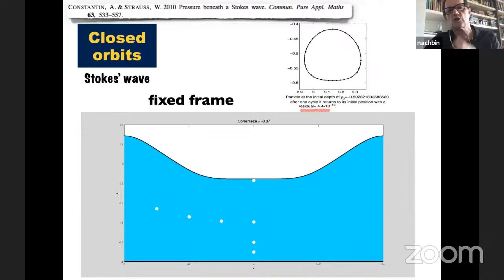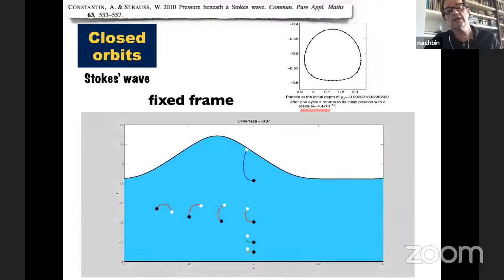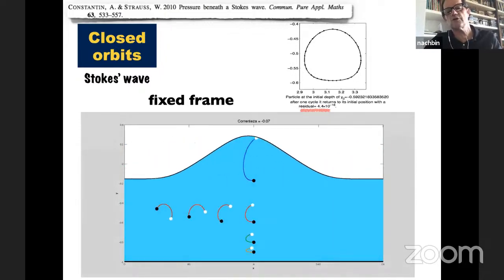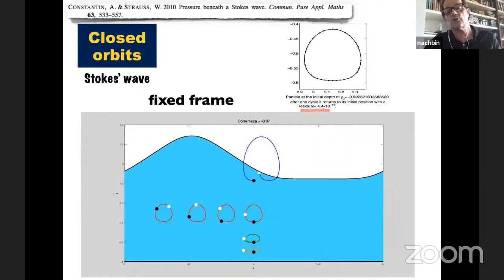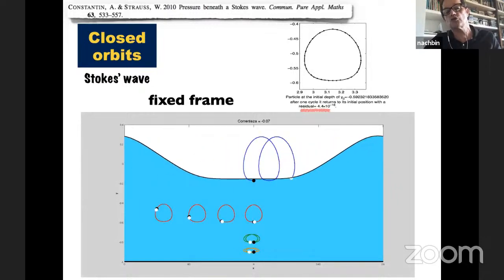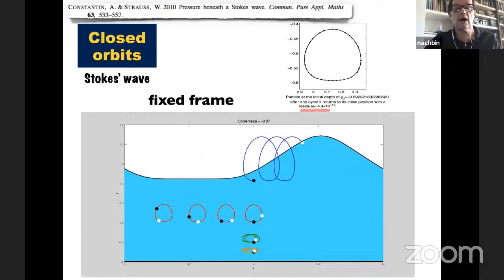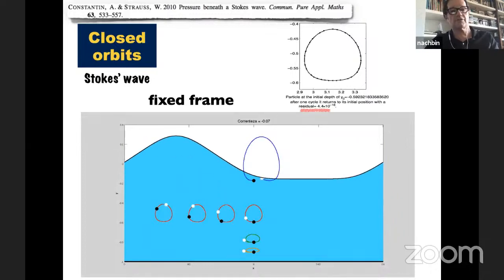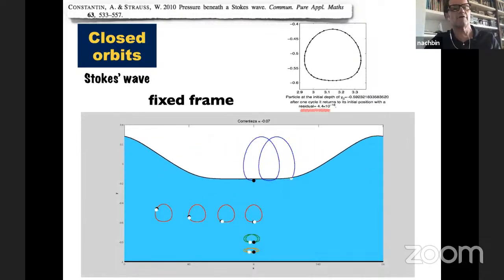So we get the closed orbit. We have to look for it, because there was no hint from the theorem where to find this closed orbit, but then it's kind of intuitive. There's a balance between the current and the wave, and here it is. If you start at the right point, at a given distance from the free surface, you get this curved and closed orbit, which are the red ones, while the other ones have a Stokes drift forward, and a Stokes drift backwards, because there the effect of the current is stronger than the effect of the wave.